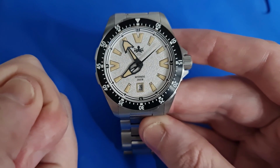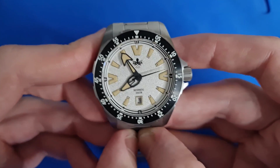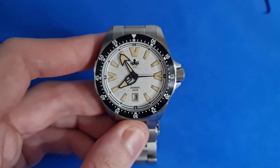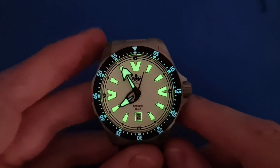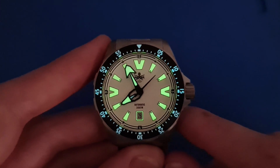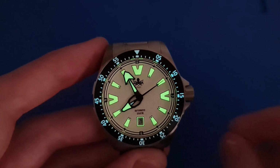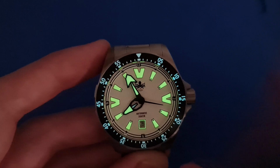The second hand is a pencil thin second hand with a lume tip. All this talk of lume, let's get the lights out and have a look at this lume signature. So here you can see that we have a nice mixture of lume on this piece. The bezel is lumed with a pale blue, BGW9 on the dial here, and it really does accent each